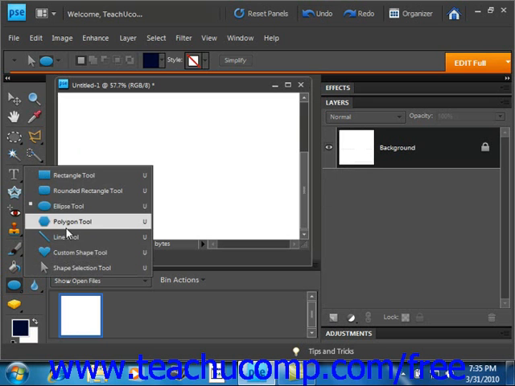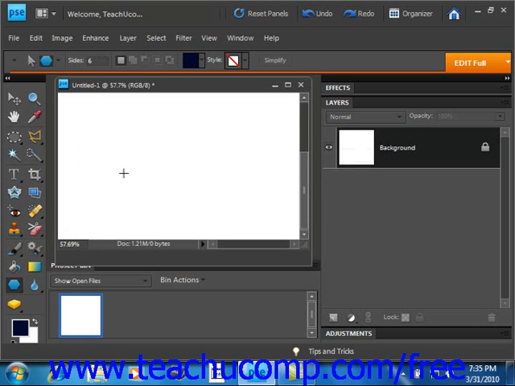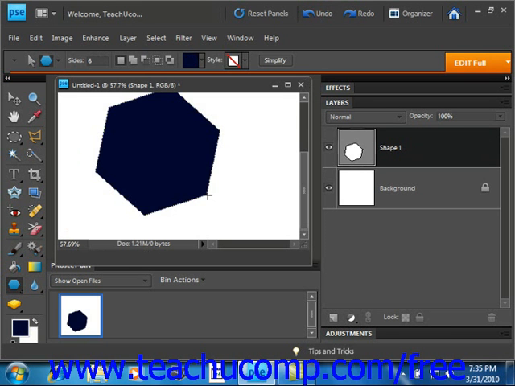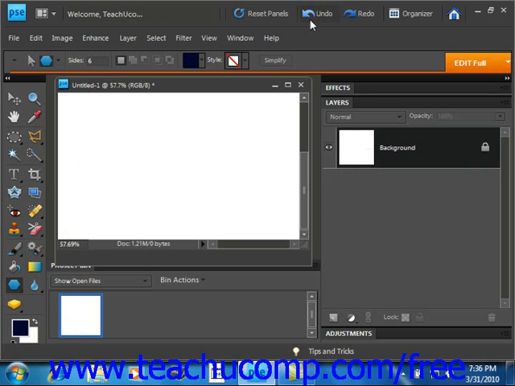Right-click and select that. Now this is a lot like drawing the ellipse while holding down the Alt key. You click and drag from the center of where you want the polygon to be placed. Click and drag. Now note up in the options bar you have the choice to specify how many sides you want the polygon to have up in the sides text box. And we'll undo that. Now you can also select the line tool